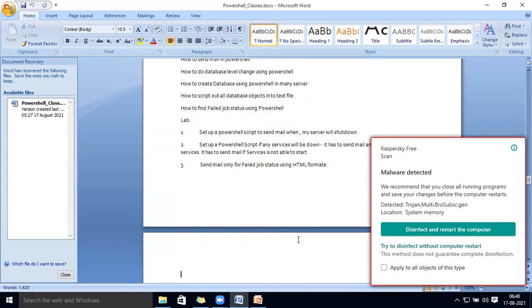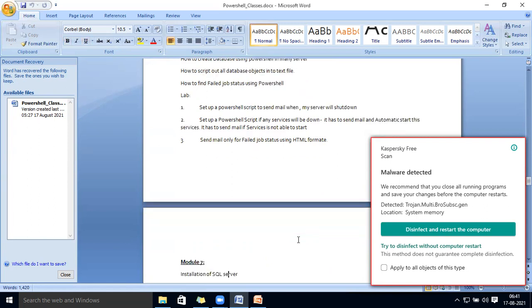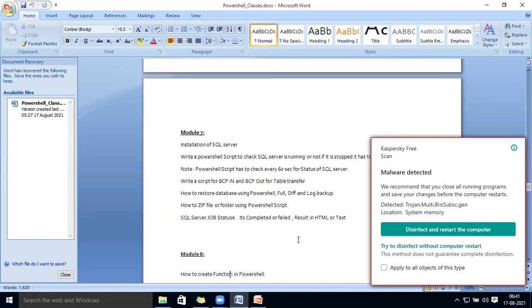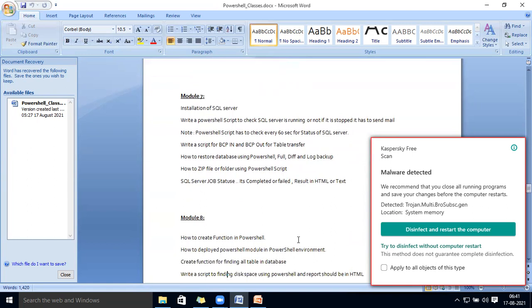This is also related to SQL Server and mainly reporting, like if any job has failed or a backup has not happened for a long time. Whatever report you want to create using an HTML file, we will go through it, because in Notepad and Excel it is very easy, but HTML needs a little more programming knowledge.